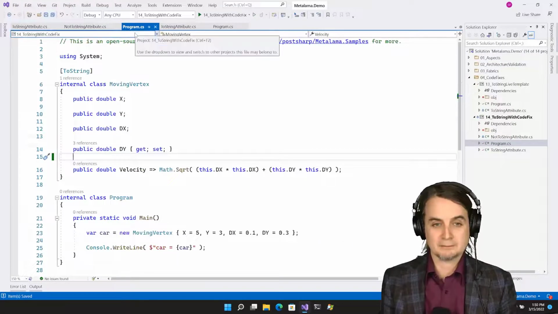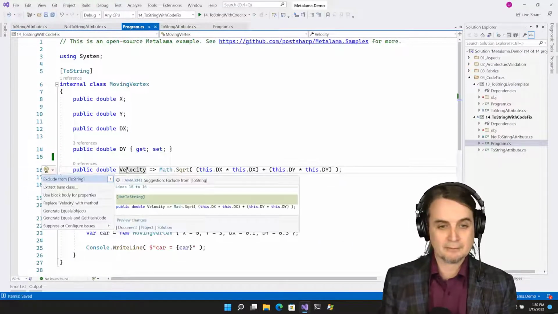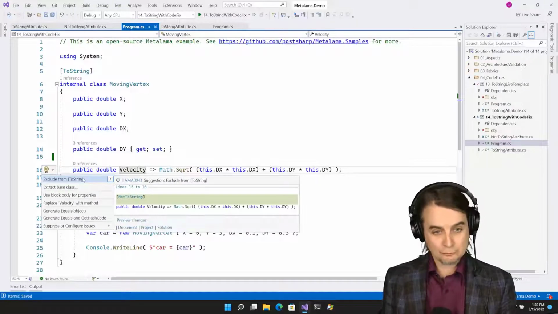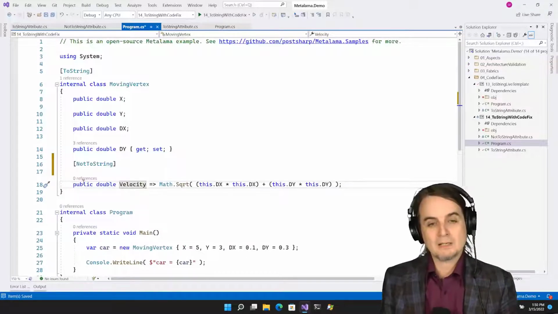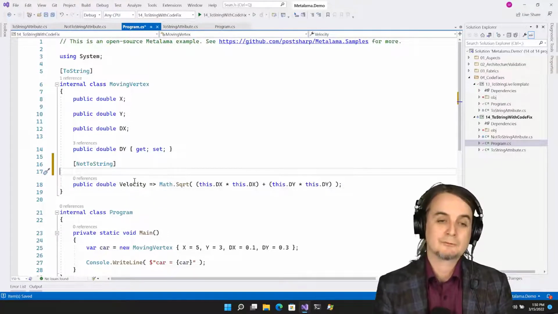Let's see that in action. Going here, I want to exclude this, so I'm going to the refactoring menu, and I have exclude from toString. Okay. And now, the next step, I still want users to be able to